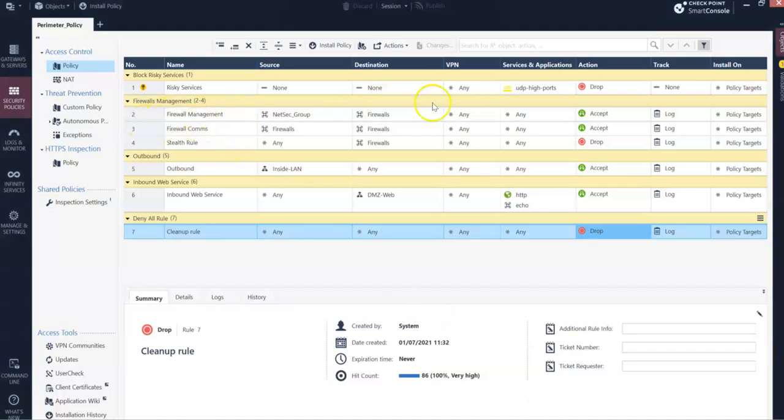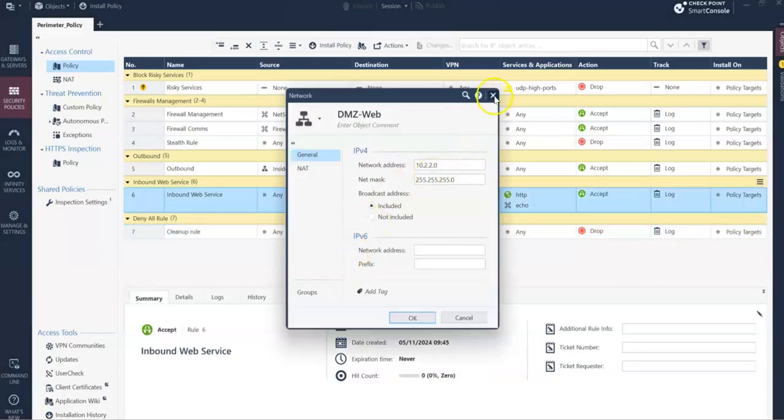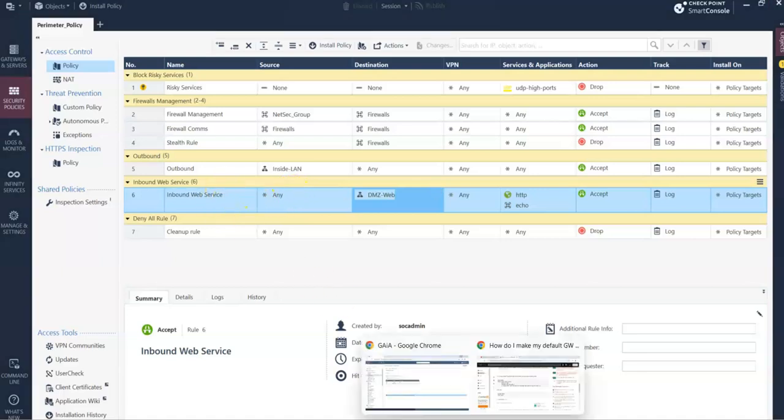see the rule base we have here. We have outbound from the inside going to the internet. We have inbound going to the web server, which is the 10.2. If we double click, you see the 10.2 subnet. We should put an IP address here, not the whole object, and then those services. So I'm coming from anywhere, trying to access that. So if I go to my